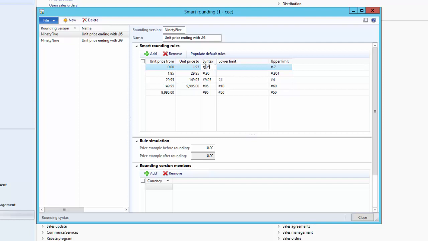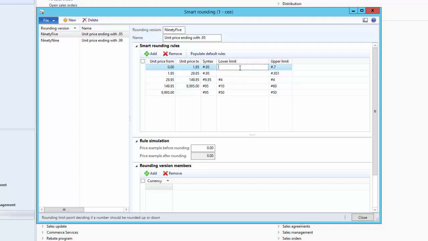So here we are saying hash.95, that means anything after the decimal point will get rounded to 95, and anything before the decimal point will remain as it is. So if we have a price of 1.23, it will get rounded to 1.95, but the 1 remains as it is.